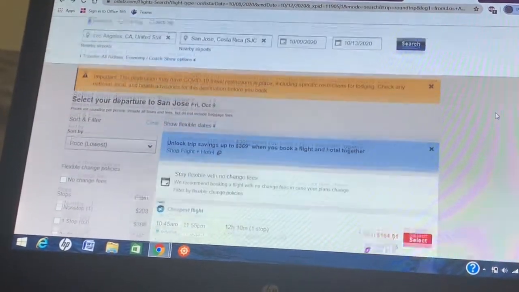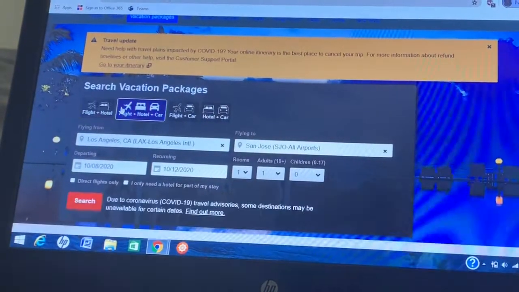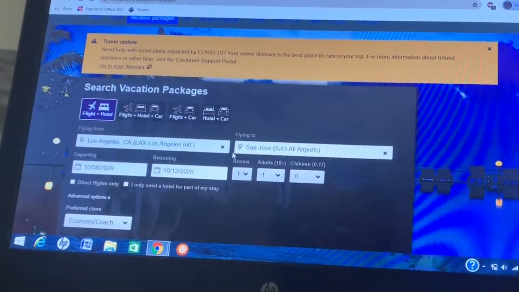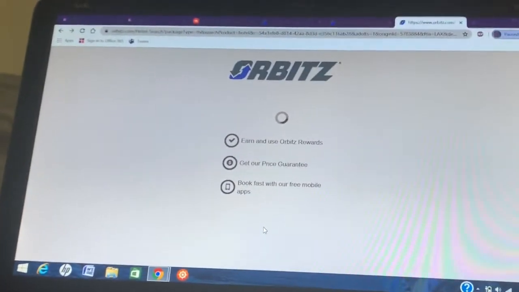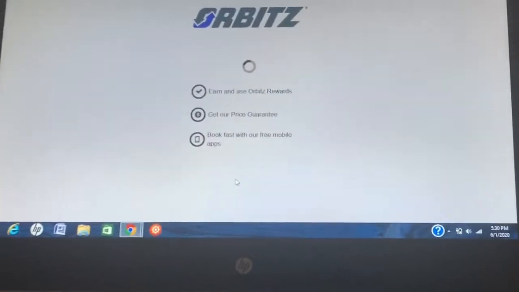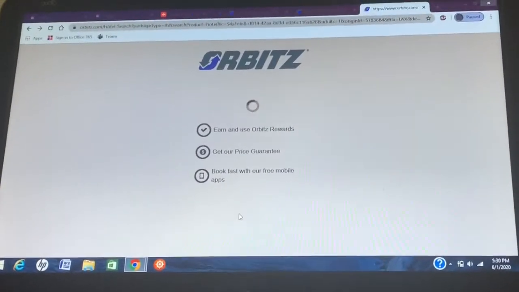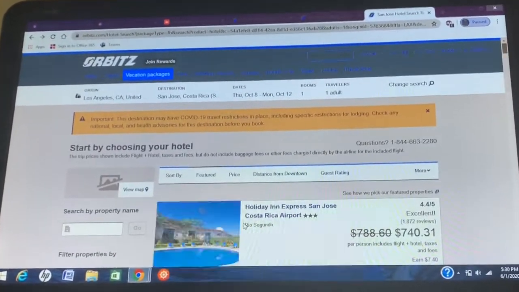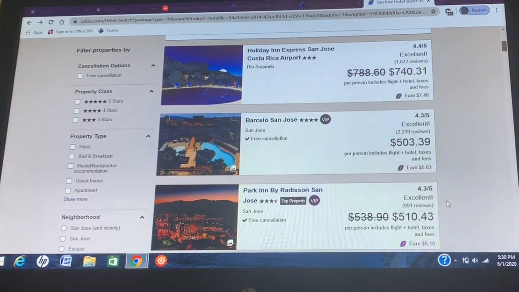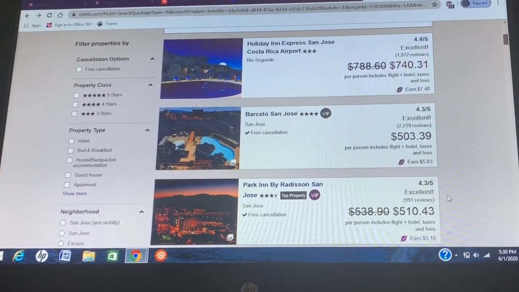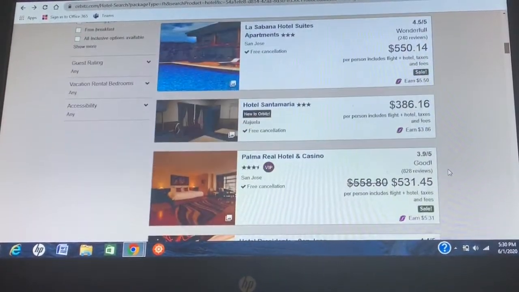Last tip I would say, when booking a flight, you do sometimes want to check vacation packages. Sometimes it will be cheaper to just get flight and hotel. Let's say the same dates, I would just search. Right now the flight is about $200. It depends as far as with the package, how many people are going with you. Are you going by yourself? Where are you staying? What kind of hotels do you like to stay in? I'll probably make another video about finding a place, but just to give you an average of how to actually book it. You could book the flight separate, or you could book a package together and see if it's actually a better option for you or not.